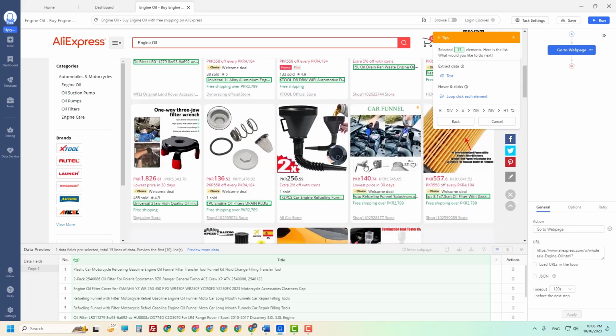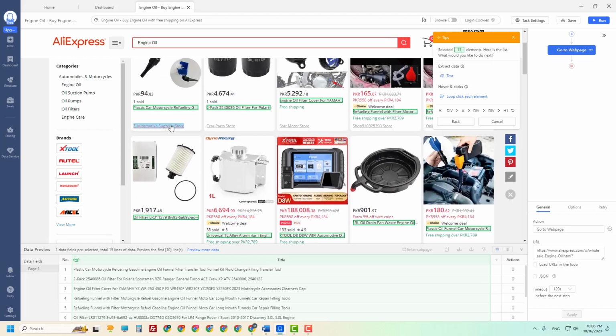So it has selected titles, but if we look at this window, we can only see text and loop click each element, and in the preview we only get text of the titles, not the URLs. So if we click on A like we did earlier,